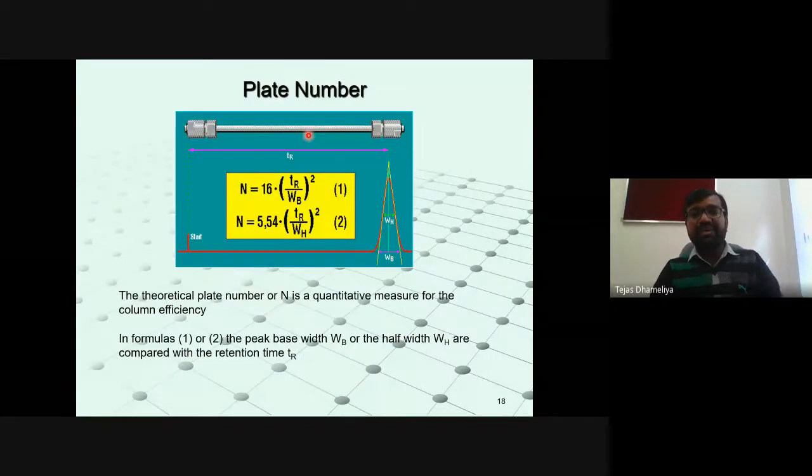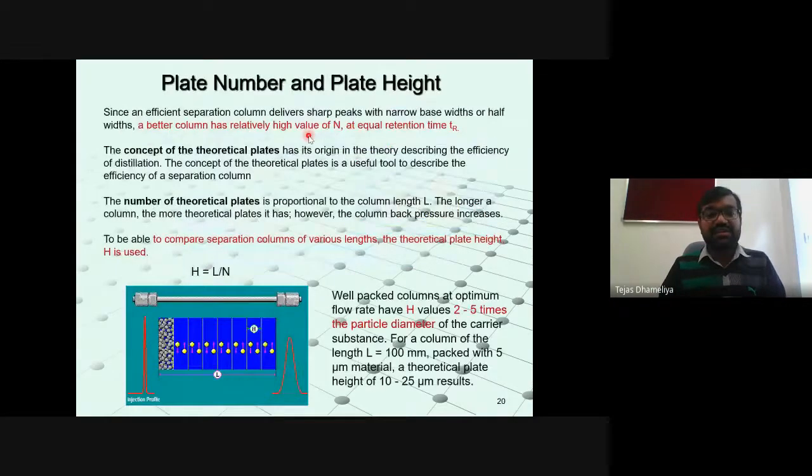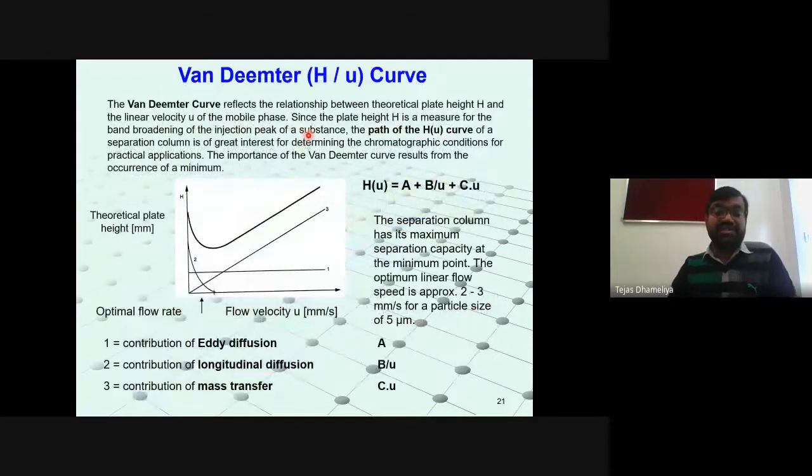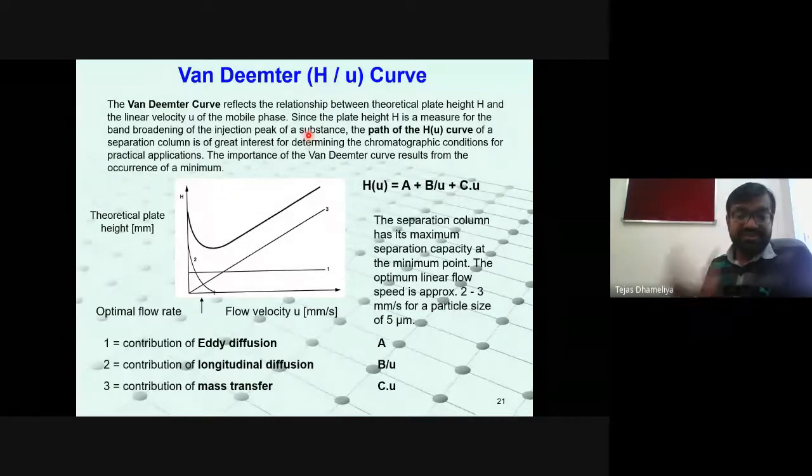Right. Then plate number is one of the concepts which is based upon distillation. The origin of distillation is here, so that is dependent upon the concept of plates. So plate numbers are also applicable in chromatographic techniques, and in this regard we come across a particular kind of curve, called the Van Deemter curve. You people have already learned this Van Deemter curve during your B.Pharm semester. Maybe I don't remember whether it is fifth or sixth, but when I was studying, I learned this Van Deemter curve in my seventh semester of B.Pharm in the year 2012.